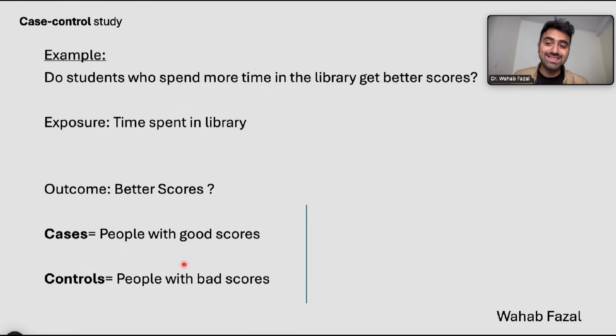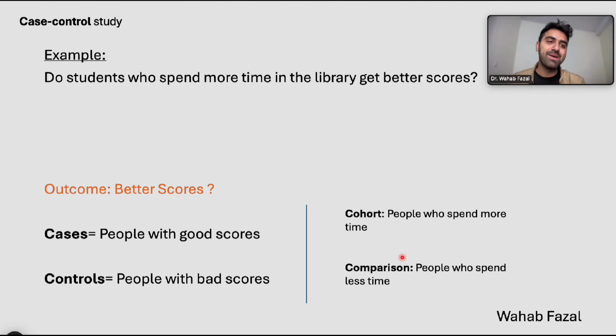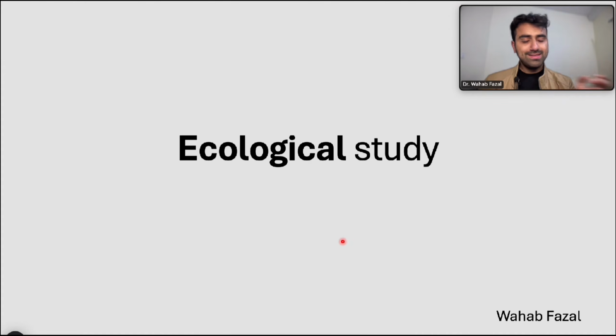If you had to design the same thing for a cohort study design, then you look at the exposure, you look at the time spent in the library. So people who spend more time in the library would be the cohort group, and people who spend less time in the library would be the comparison group. This is a very tough topic to understand. If you want to go back and watch this part of the video again, you would understand how we make cohort groups and how we make cases and controls. Let's talk about